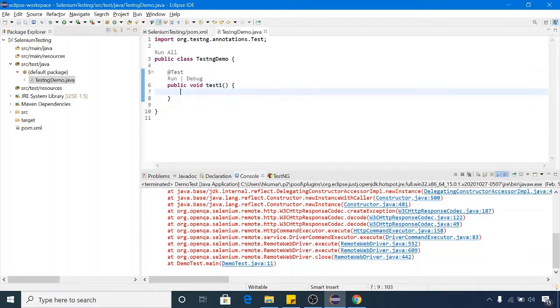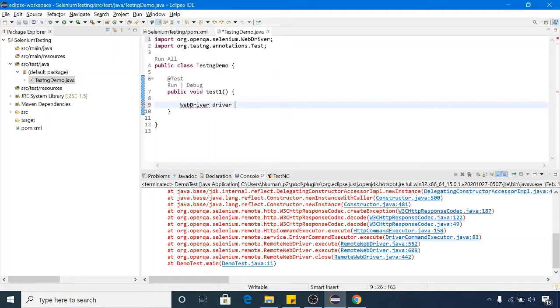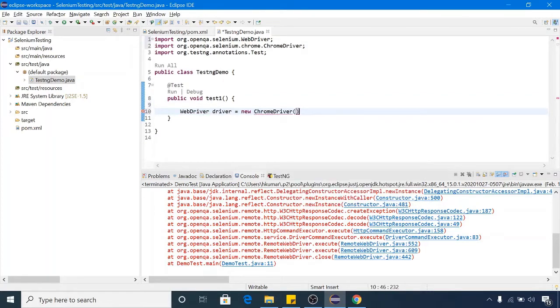Let me just type WebDriver driver equal to new ChromeDriver. If you remember, in the last session we set up the Chrome driver in system properties. Let me do the same thing again.